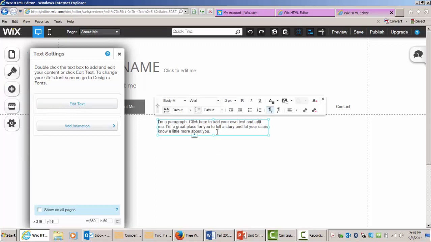So this is letting us know that we are now ready to edit the text that's there. So we can delete the information that's there, and we can begin to type what we want. You can have different size fonts, you can have bold, you can do all kinds of things to the text that's in this box. And what you'll also need to do is to have the directions in front of you for the ePortfolio pages, because those directions will tell you exactly what content you need to add to each page